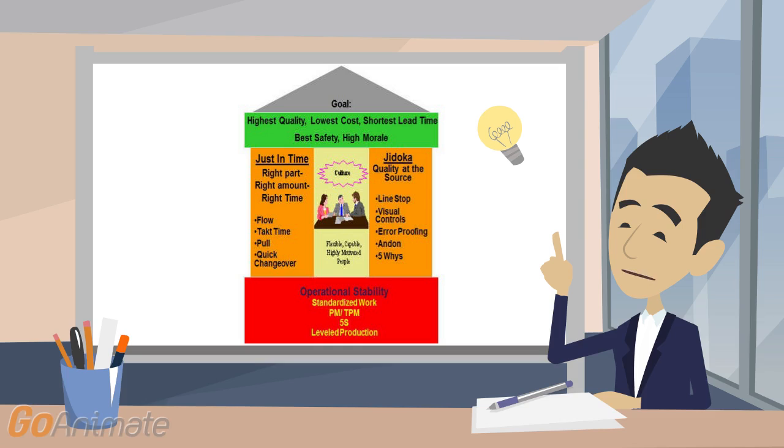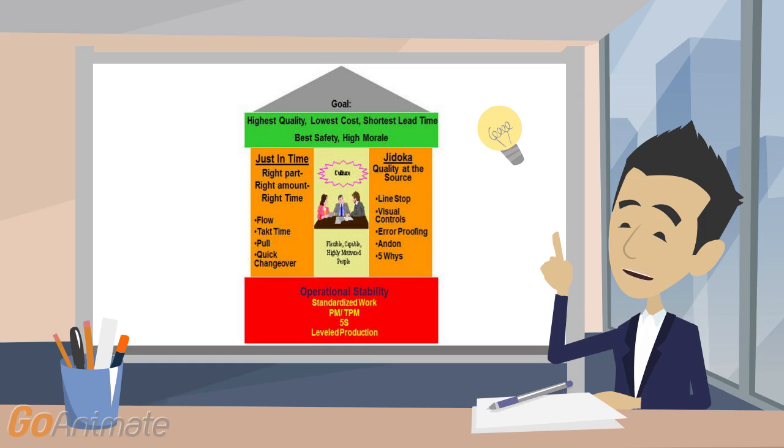Visual controls to identify problems and prevent problems, mistake proofing to prevent problems or errors from occurring, and andon systems, light and audible systems to alert us of errors, and we employ the concept of 5 whys, continually asking the question why